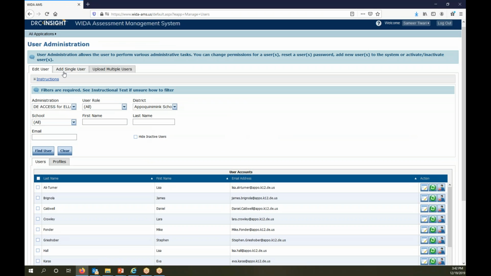Now, adding users or uploading multiple users, these functionalities are only provided to SEA. So if you are a LEA, a coordinator, or a DTC, you can do that by two processes. You can call VITA and or DRC, or you can generate a DOE help desk ticket, provide the user name, school and district name, and email, and an SEA will be able to add the user